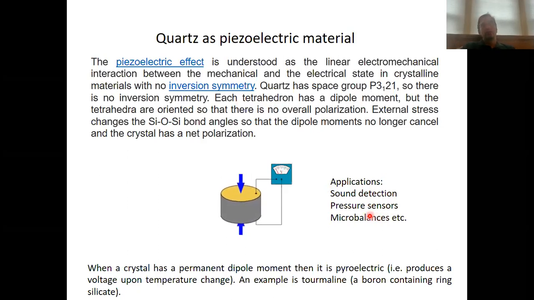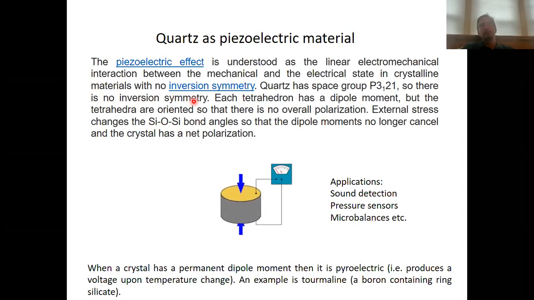So what is the piezoelectric effect? The piezoelectric effect occurs when you have a non-centrosymmetric crystal structure, and the quartz structure is a non-centrosymmetric crystal structure. That means that we do not have an inversion symmetry within the crystal. That means we have no inversion center